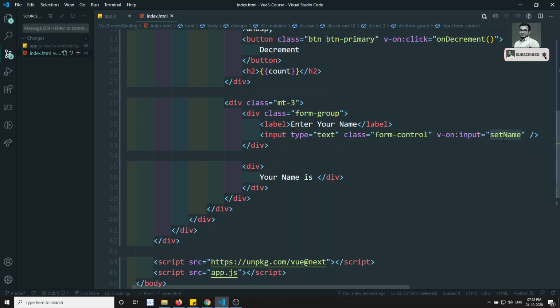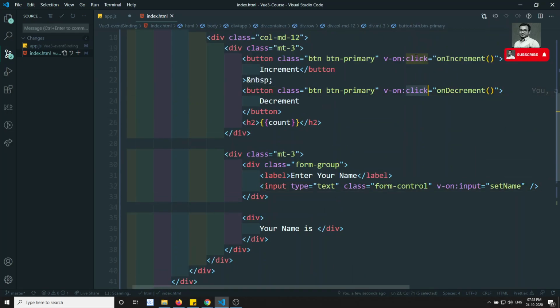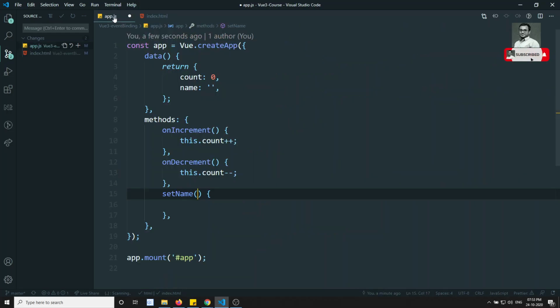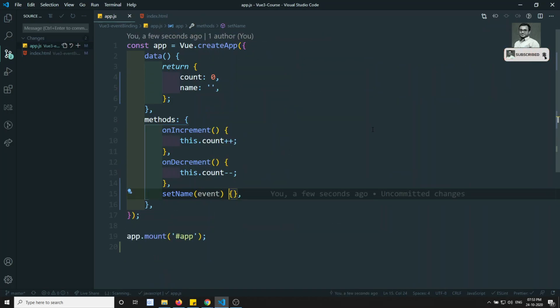For the click event, the input event, keydown, keypress, any event, Vue.js automatically sends one argument to the method. That argument is nothing but the event. Vue.js automatically sends this.